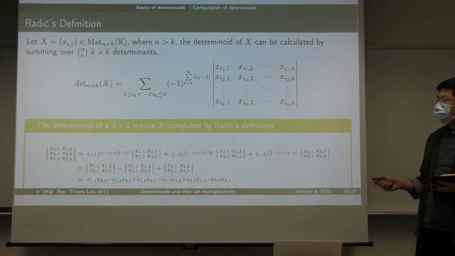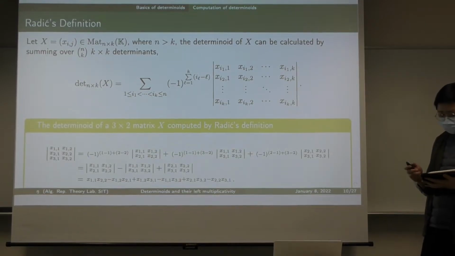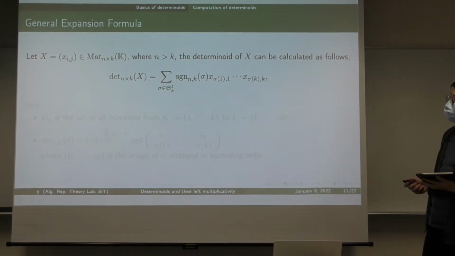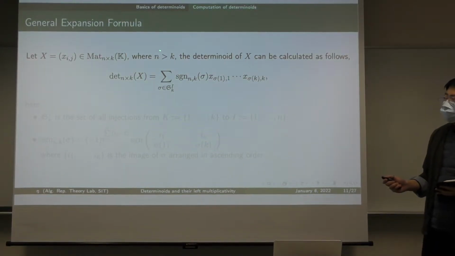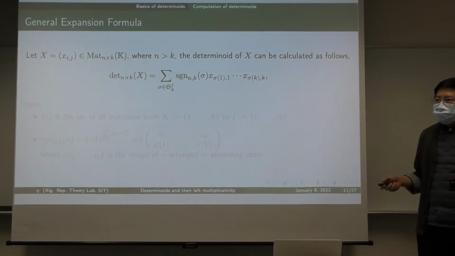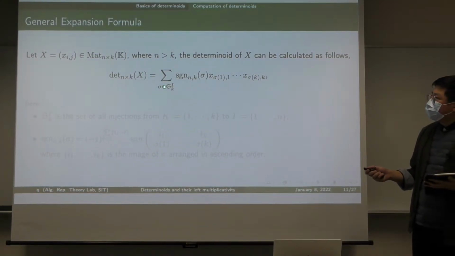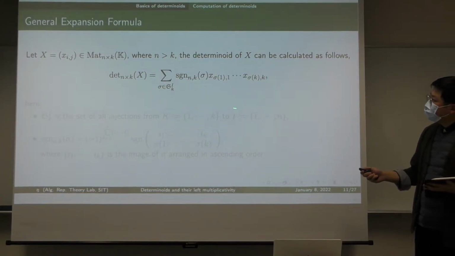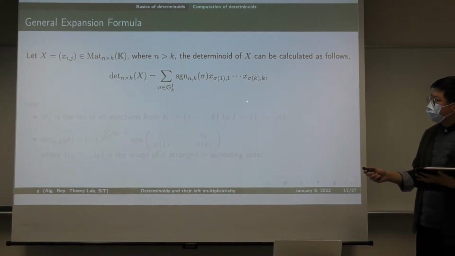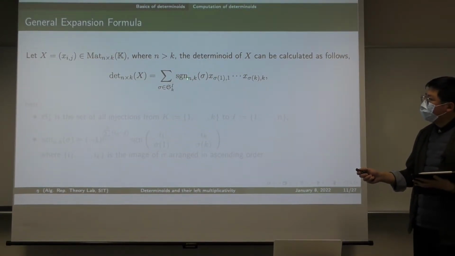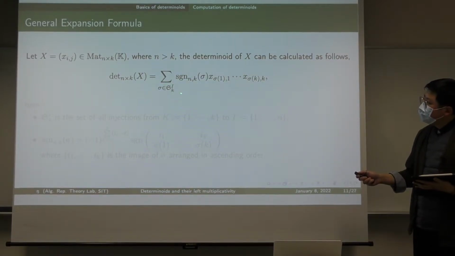And this is the same as the previous slide. Okay, the second method. The second method is called the general expansion formula. So if some of you can remember, the definition of determinant has a similar one, and it's called the Leibniz formula. And this one actually is the generalized version of the Leibniz formula, except for the subscription here,